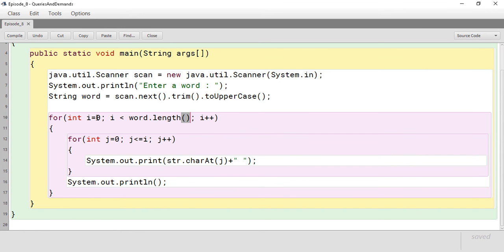Here the outer loop will run from the last index, right? So i will be initialized with word.length minus 1. Now line number is in decreasing order, hence it will be greater than or equal to 0. And this will be i minus minus. I told you whenever the loop will be in decreasing order, the condition will be with greater than. Now here, we will always start with the first character. So hence, j will always start with 0